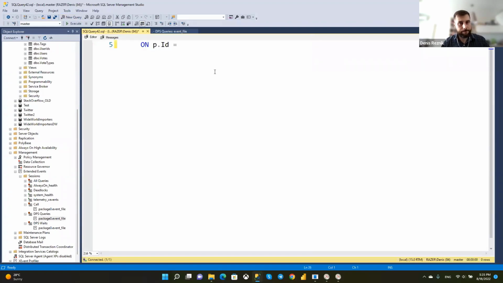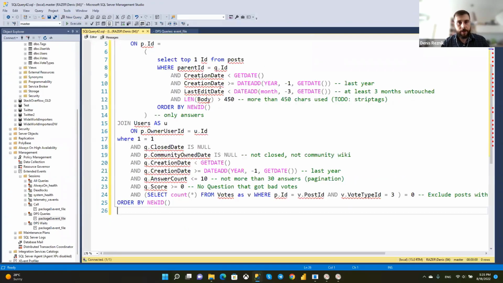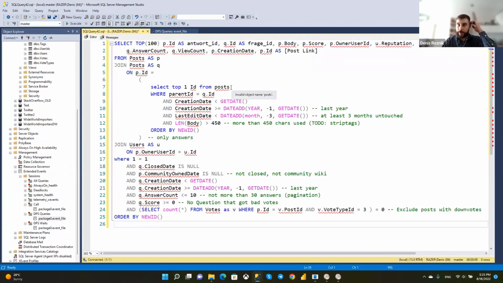And here I will show a pretty interesting and very simple technique for how we can optimize the query. Let's run it and check the query plan.